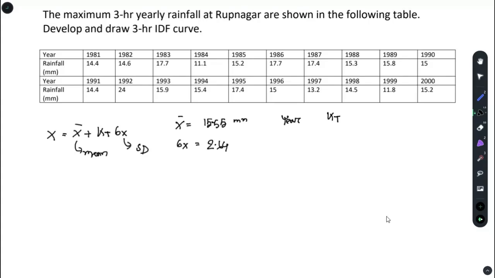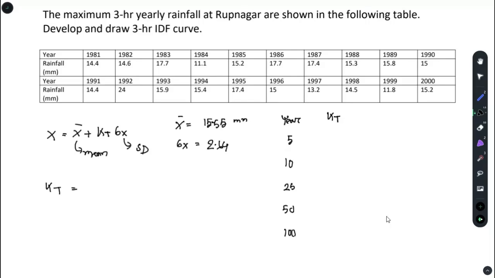We're trying to find the KT value for return periods of 5, 10, 25, 50, and 100 years. And we have an equation for KT, which is KT equals,